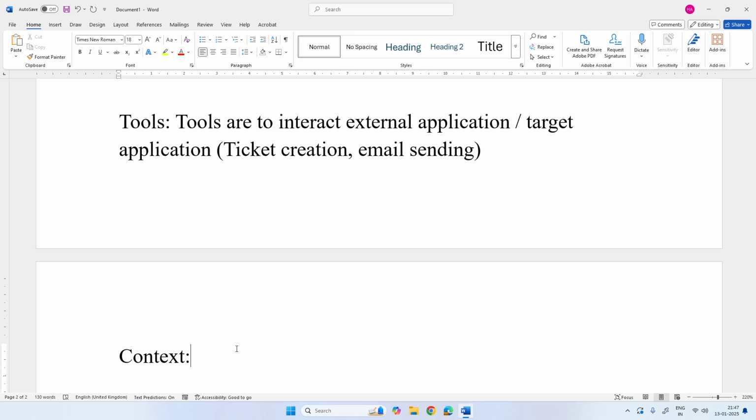So I can keep the data in my database or my knowledge base, and the agent will refer to that knowledge base, and it can come back and perform the actions or take decisions. So it's more of retrieval